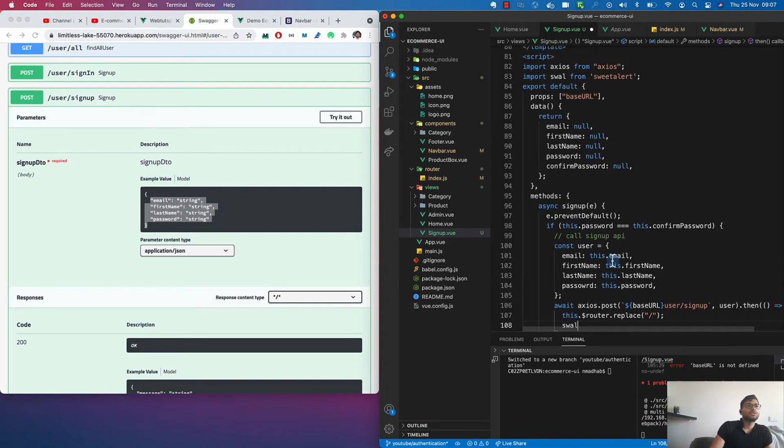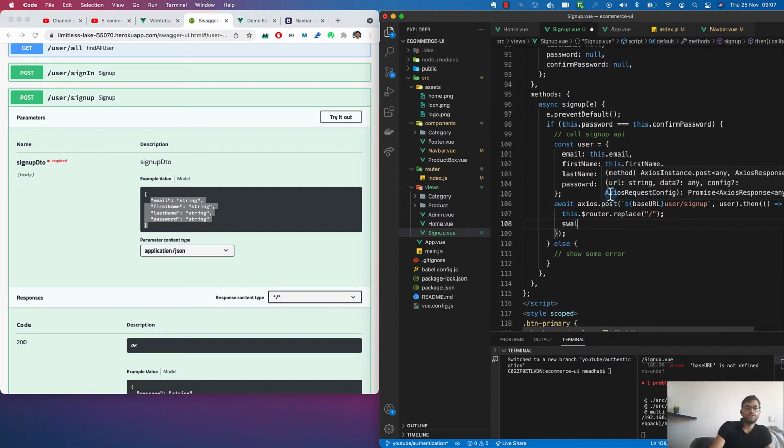We have to import the sweet alert. We have imported it automatically. So sweet alert,